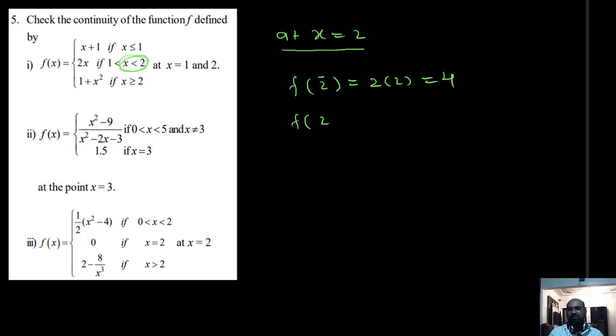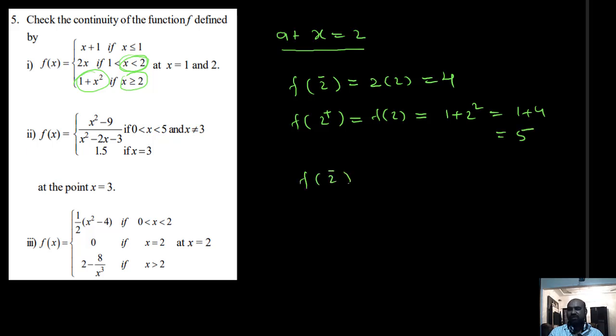Yeah, students. Next, at x equal to 2. Just you want to find f of 2 minus first. For f of 2 minus, here this is the rule 2x, so 2 into 2, that is equal to 4. Next, f of 2 plus I want to find. f of 2 plus and f of 2 are the same rule, that's why they give the same value. So in this rule, instead of x write 2, what we will get, that is f of 2 plus and f of 2, that is 1 plus 2 square, that is equal to 1 plus 4, that is equal to 5.